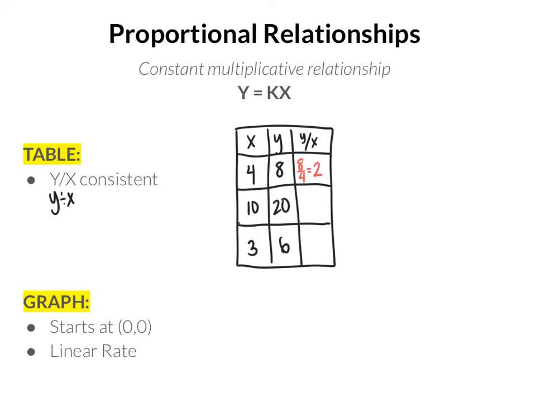For my second row, I divide y by x, that's 20 divided by 10, which is also 2. And then for my third row, I divide 6 by 3, which also is 2. This means that for each one of these, I am multiplying by 2 to get from x to y. So yes, there is a multiplicative relationship because my y divided by x is constant all the way down my